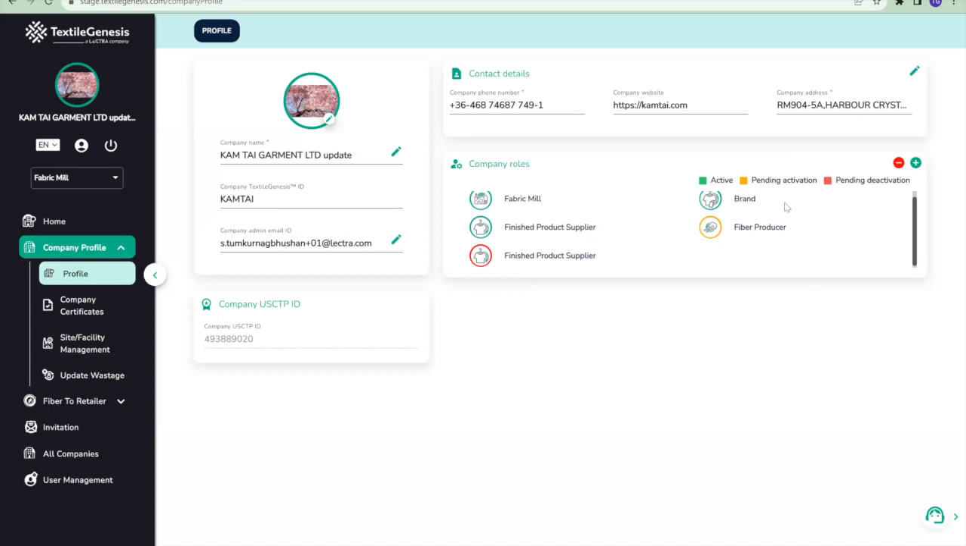The companies which have the US Cotton Trust Protocol, their company USCTP ID will show up here, and that has to be added. I'll show you from where you can add this USCTP ID in case you want to edit or add it. From this particular